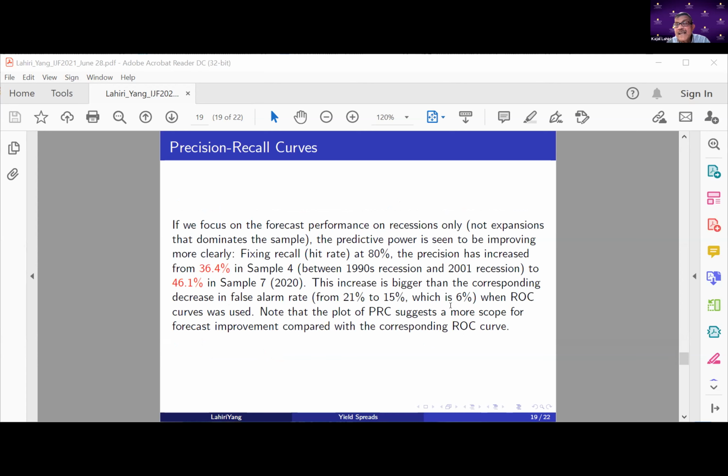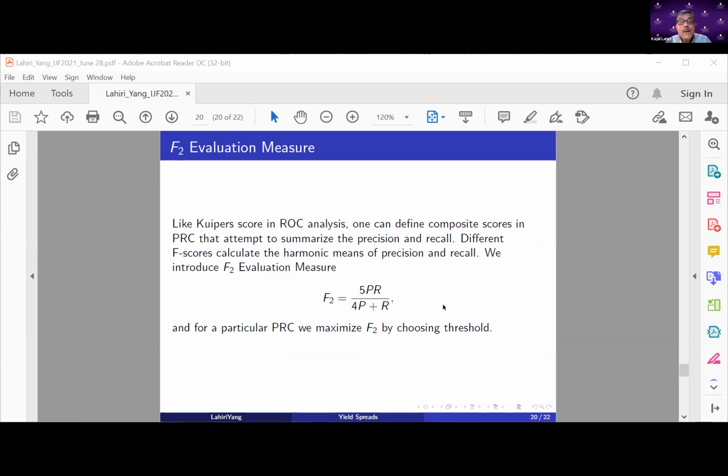So the main important point: there's a huge literature on precision and recall, and a lot of people are saying this is a much better measure for uncommon events. And what we found is that in this literature, they also have a uniform measure, that is the precision rate and the hit rate. You can have a weighted average, like a Kuiper score,